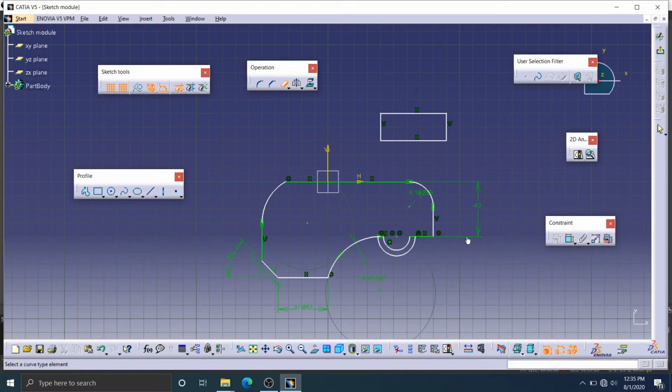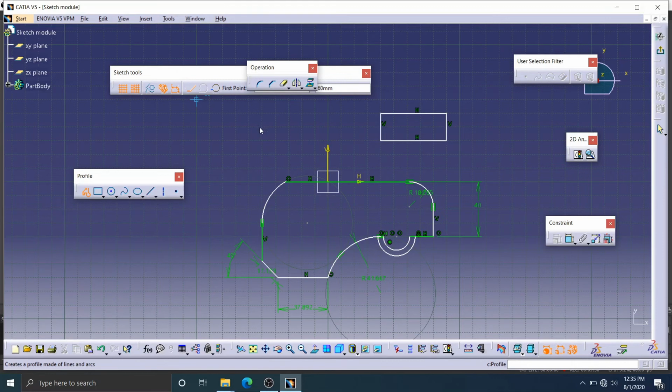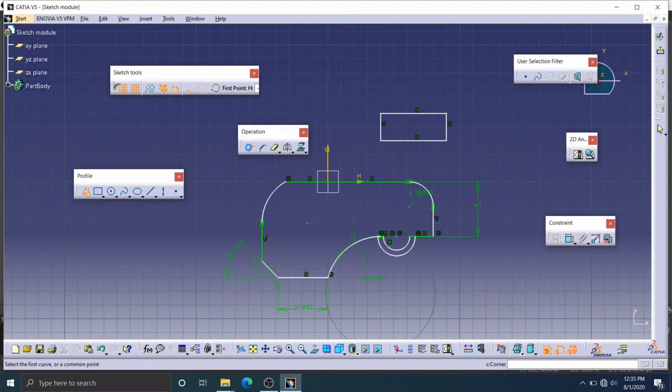So next we move to the sketch tool. The sketch tool is a supportive tool. It majorly works whenever you click profile or line; you can see it will expand the sketch tool. It will give additional options for the particular option you select in the profile tool. If I select corner, it will give multiple corner options. If I select chamfer, it will give multiple chamfer options.